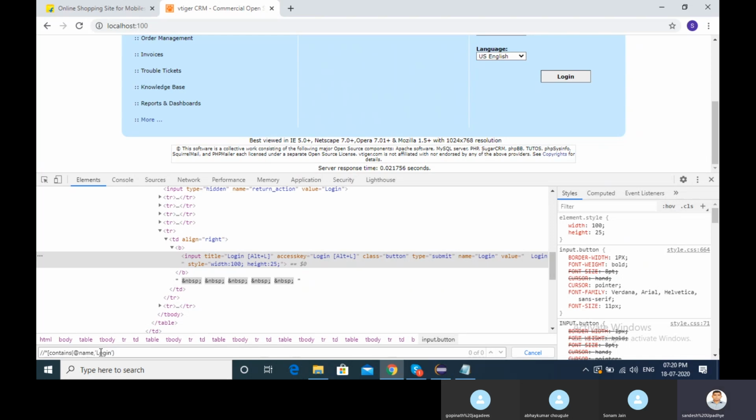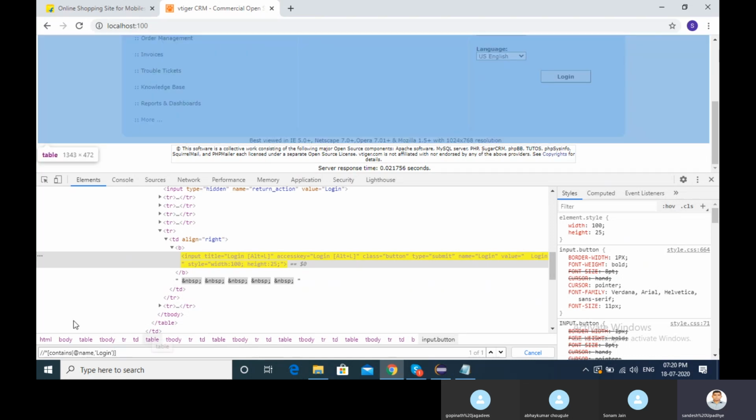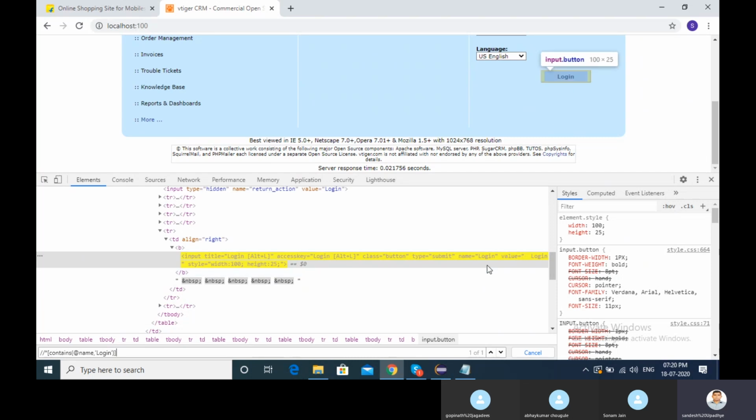Let me close this bracket and close these things, right? If I want to find some content, I can use this contains XPath.